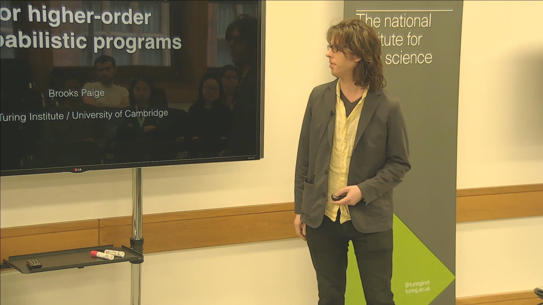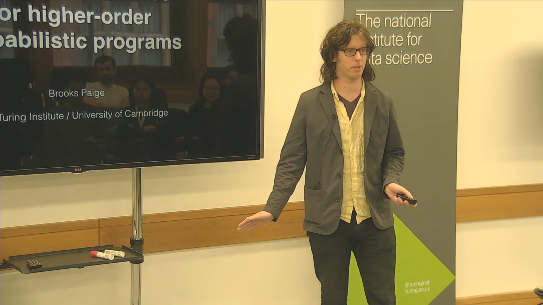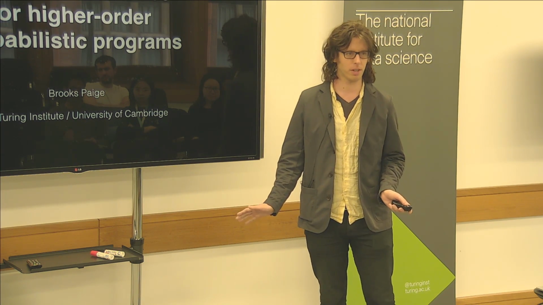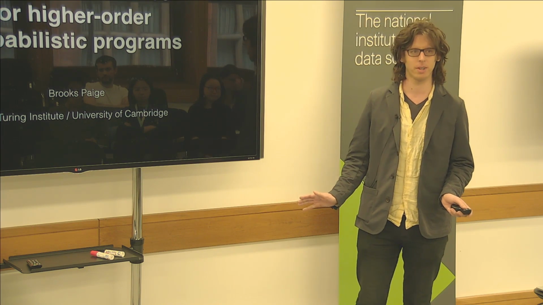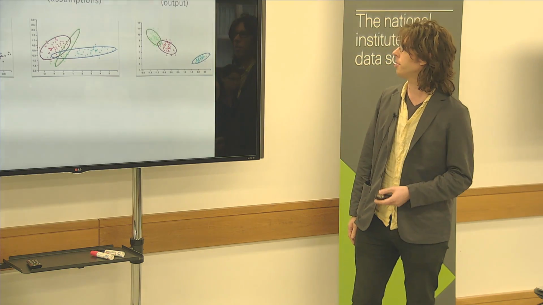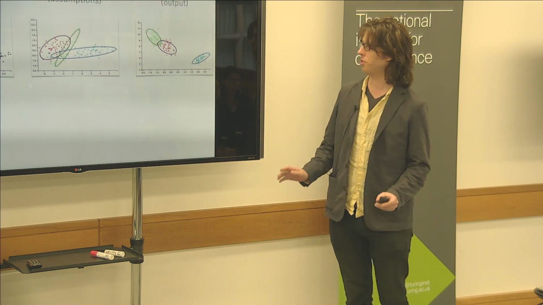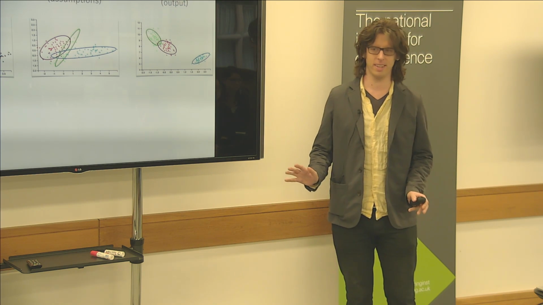And so this is automatic inference for higher order probabilistic programs, and so I'm going to talk a bit about what probabilistic programs are and what higher order probabilistic programs are, and then talk a little maybe about how we could do automatic inference. So here's kind of a picture of what data science looks like today for a lot